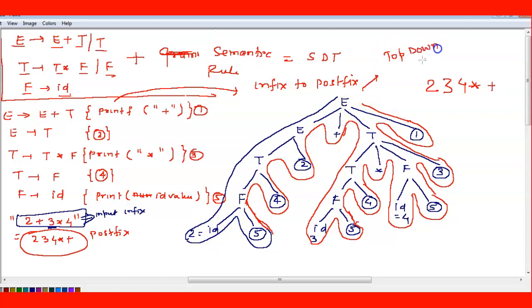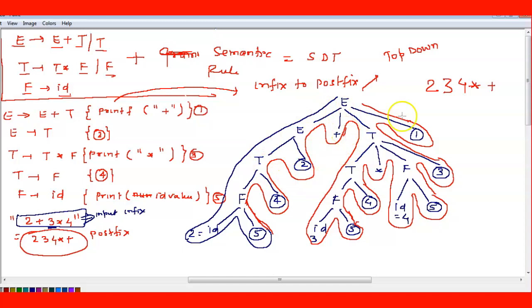Because we are going from where to where? Top to down, right? Is the top where I started here? No. Top, and it's going from the top to down. Any doubt till here? Keep in mind just one thing: if any grammar is given, we perform some rule, we apply some rule, and it becomes an SDT. And how to decide this rule, that is what we have to learn in this full chapter. Getting here?